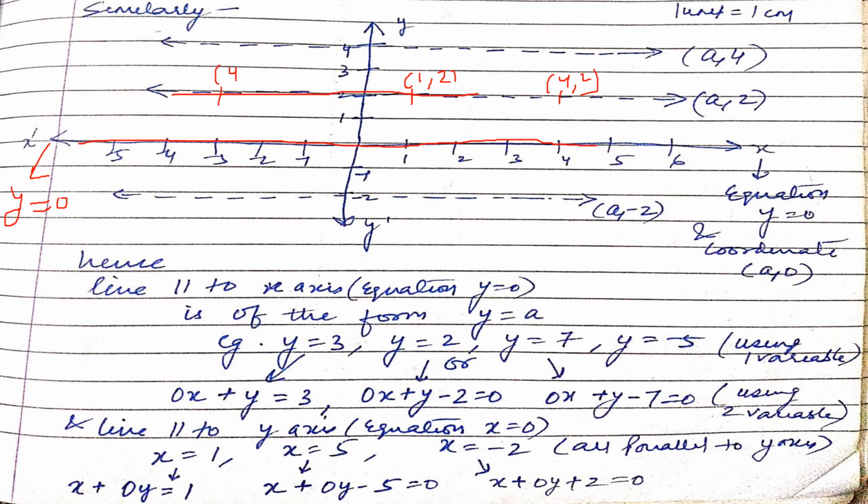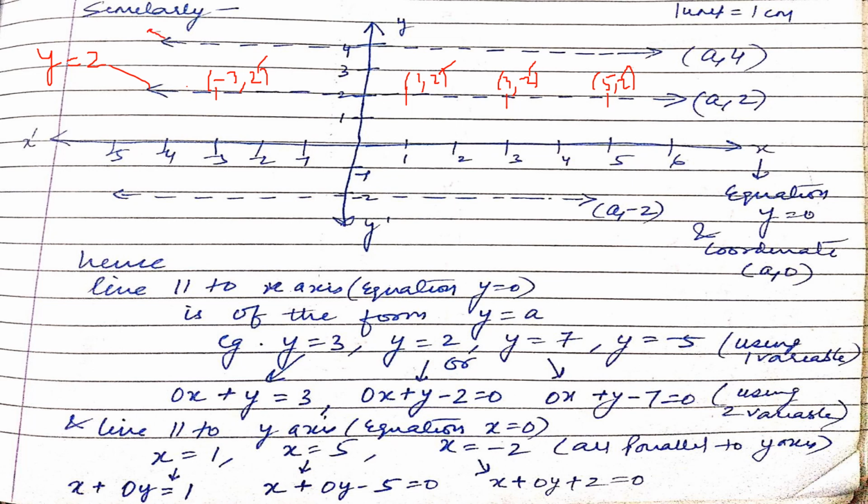4 comma, sorry, 1 second. This is wrong. 1 second. This coordinate is minus 3, because first we write the x coordinate, then we write the y coordinate. Minus 3 comma 2, this was 1 comma 2, this was 3 comma 2, this was 5 comma 2. And now we can generalize that in all of them the y coordinate is same, so we can say this equation is y equal to 2. So y equal to 2 is a line parallel to the x-axis.